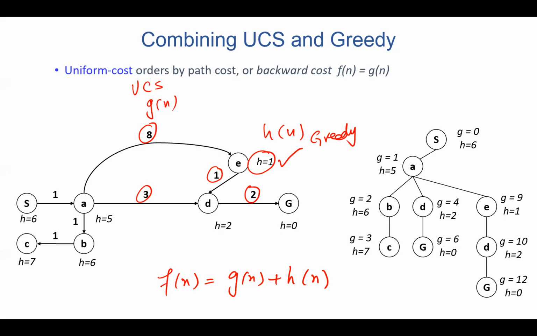We have uniform cost, which is f of n equals g of n. And we looked at an example, right? Started with this, and then we said that, okay, initially, by the way, please remember, and let's not forget, because this is part of your programming exercise. Remember, we said